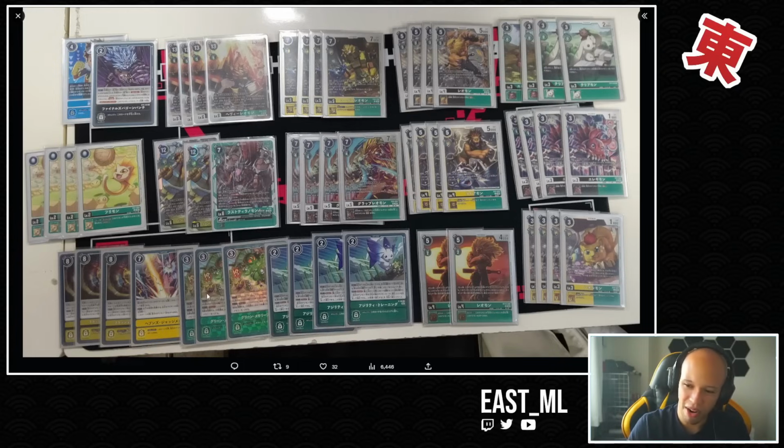But honestly, with so many cards like the Green Memory Boost and the Agility Training, I don't think it's that necessary. Maybe something like the Green Mimi Tamer might be a little bit better here. And then finally, because this deck does run so many different colored Digimon, the Heaven's Judgment inclusion is a fantastic